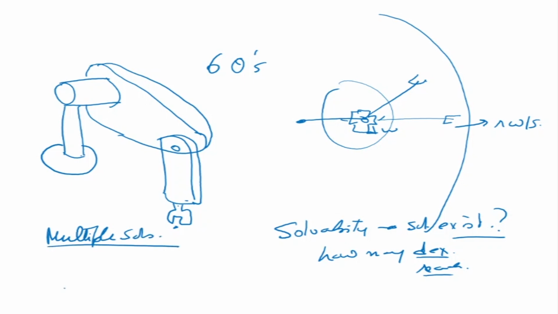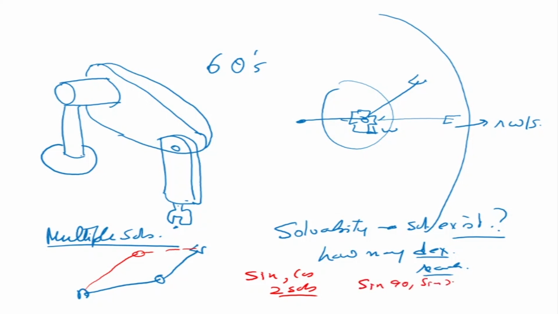Why multiple solutions? Now this is very easy to understand. Let's see a two-link manipulator like this and like this. It is at this point. Now this is one solution. There can be another solution which is on that side. Why two solutions? Because the sine and cos terms have two solutions. What I mean is sine 90 and sine 270 will have the same value, which is equal to 1. Similarly, cos 0 and cos 180 will both be 0. That means in terms of solutions, if we say cos theta equals 0, you actually have two solutions there.